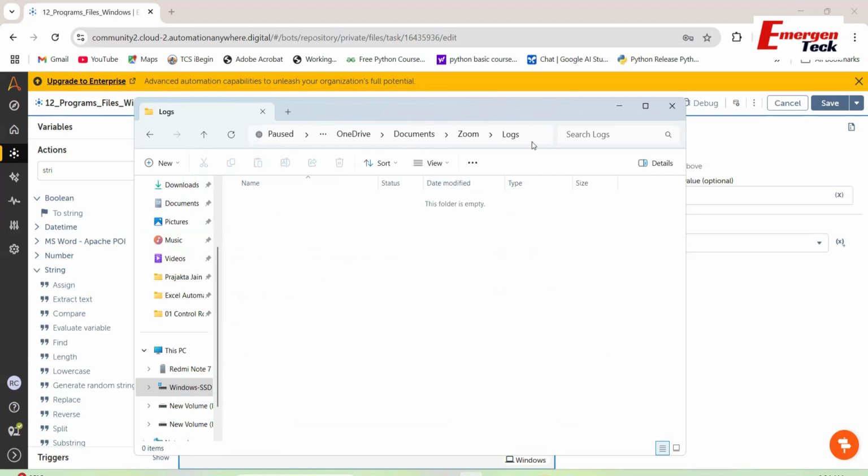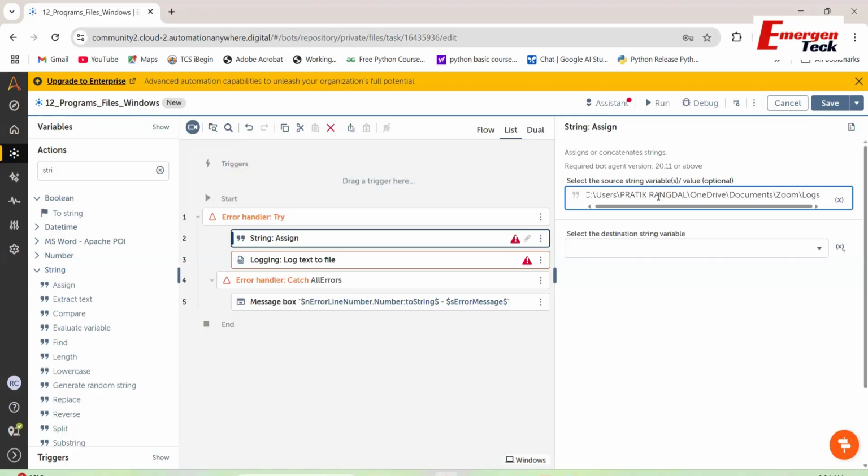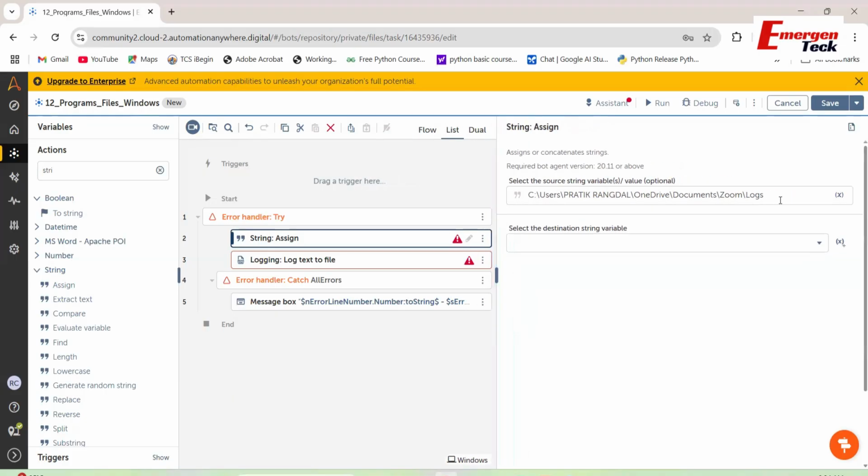Either we can create it manually, or even if you don't create it, just give the file path. It will create the log file automatically at runtime. So I'm providing this folder path in the string variable. This is the folder path. I will just add the log file over there